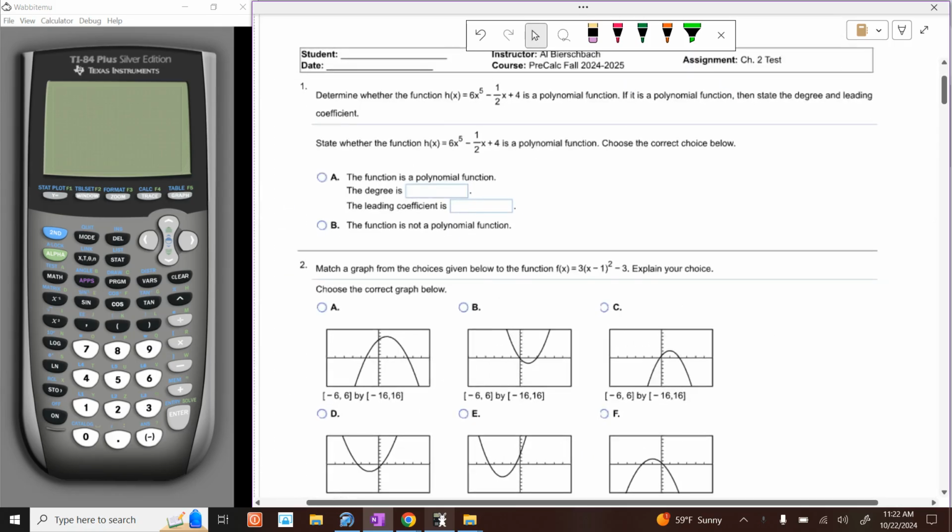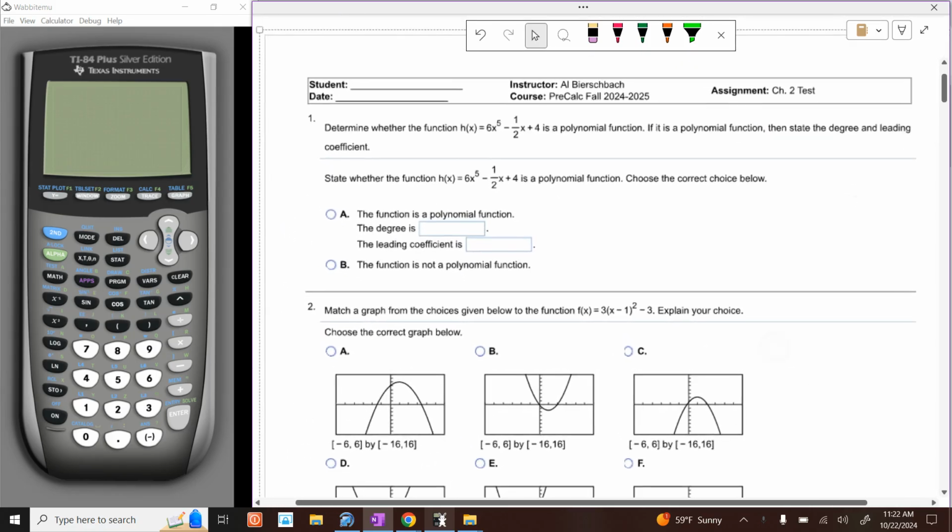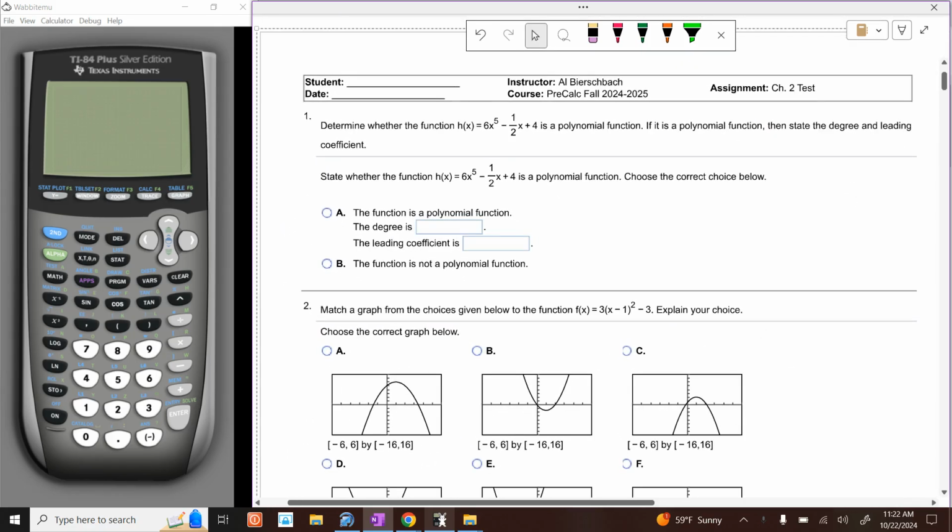All right, this should work just like this. Can we see? Hopefully we can see a little bit. Okay. So,